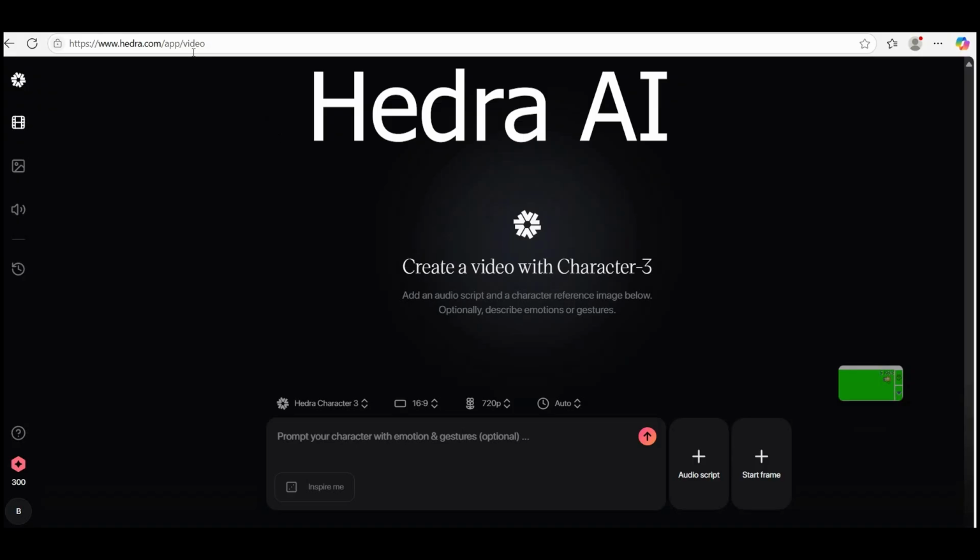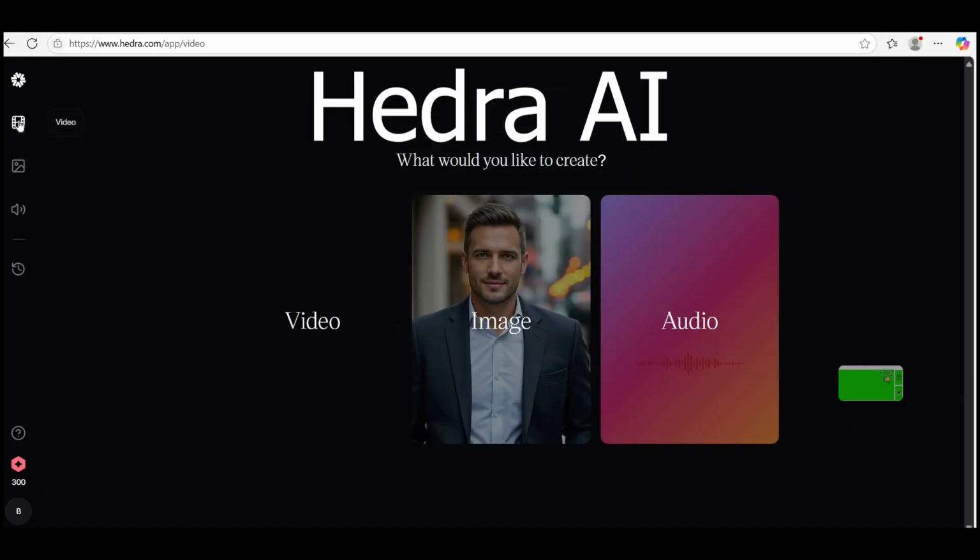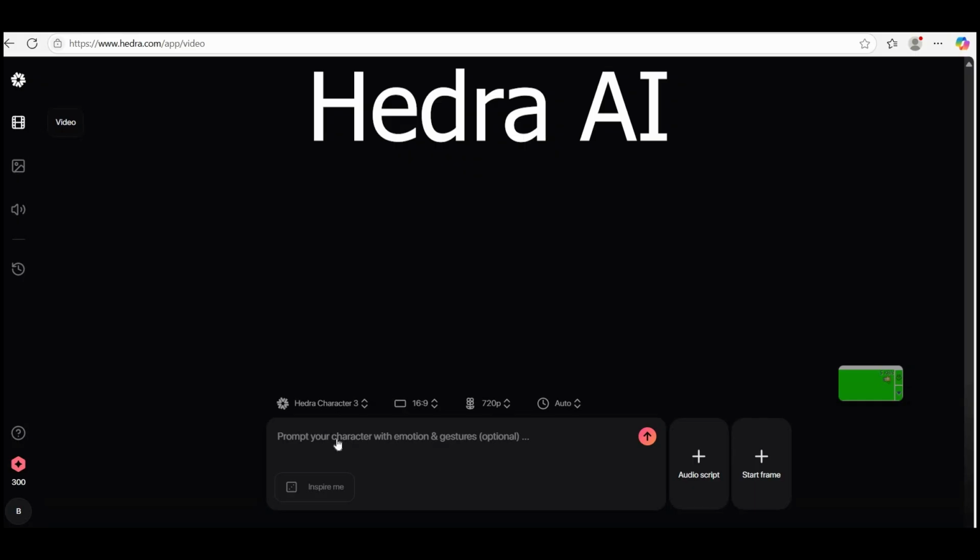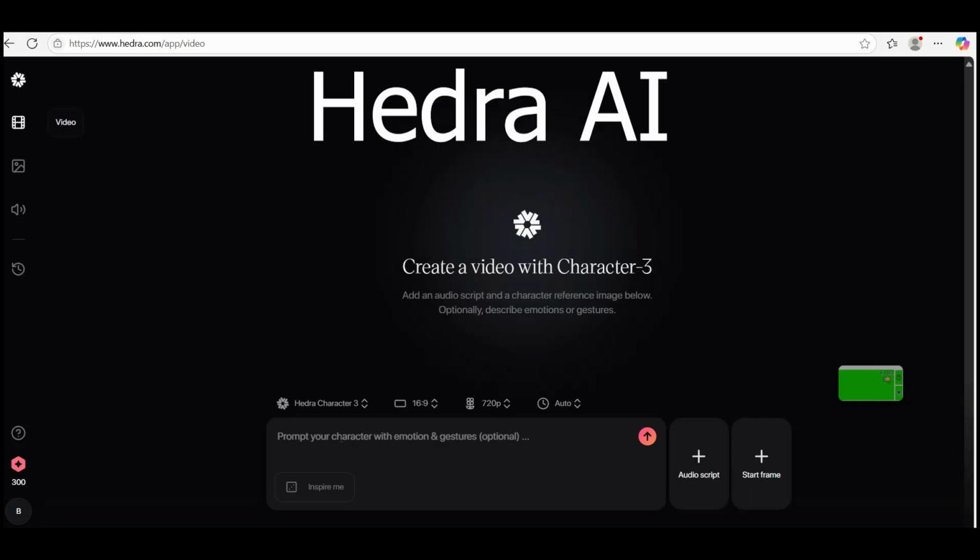The fifth tool that we will see is Hydra. Hydra AI is an innovative platform that enables users to create lifelike, animated videos, featuring characters that can talk, sing, or rap, all generated from simple text and images. By leveraging advanced AI models, Hydra transforms static images into expressive speaking characters, making it accessible for users without technical expertise. Key features of Hydra AI: